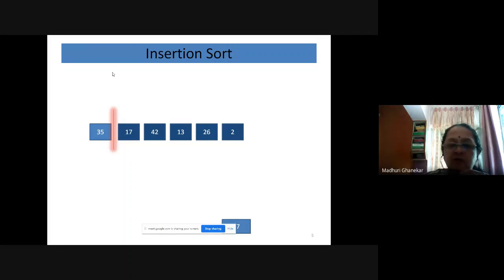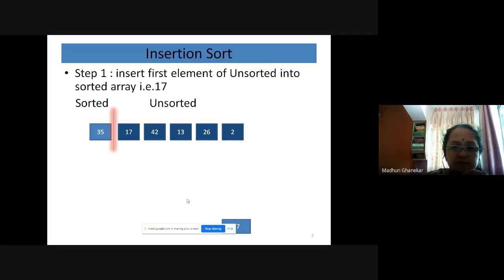So what we do, we just copy this 17. We pick up the very first element from the unsorted list, that is 17, and copy it to some temporary position. Then we try to insert it into the sorted array.